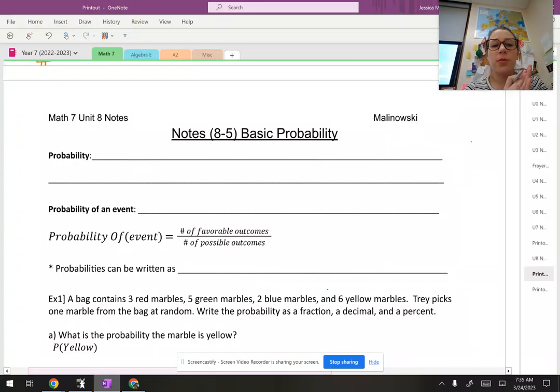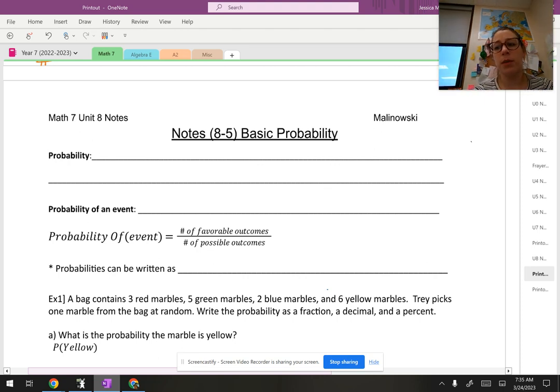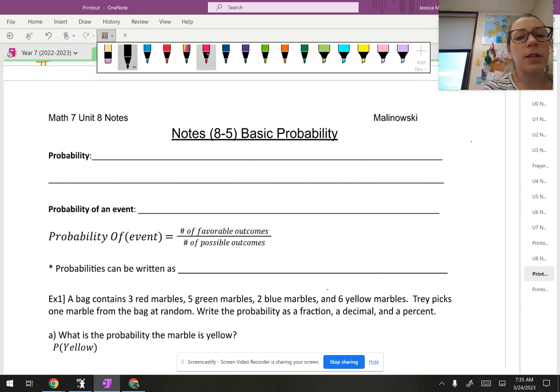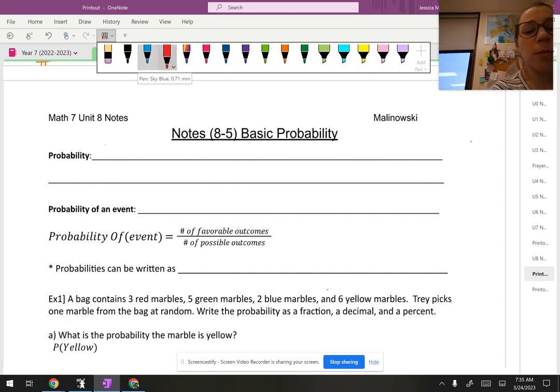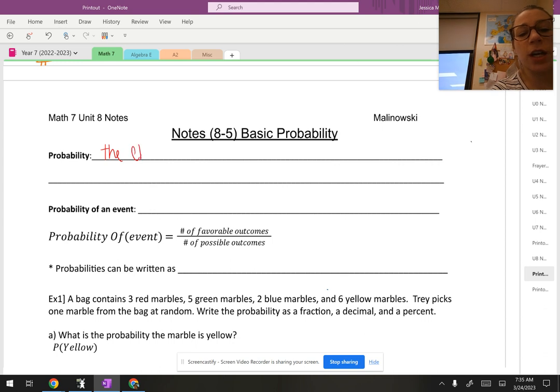Hi. So today we're looking at Math 7 notes for 8-5, and this is on basic probability. So probability is the probability of something happening. What is the probability of you rolling a dice and getting a 1 kind of thing? Probability is just the chance, or likelihood was a word that came up a lot in class when we talked